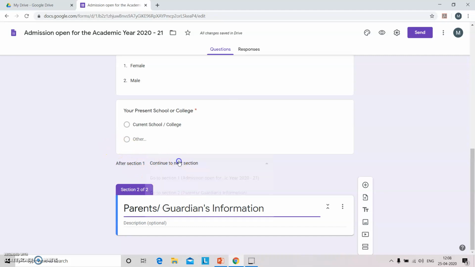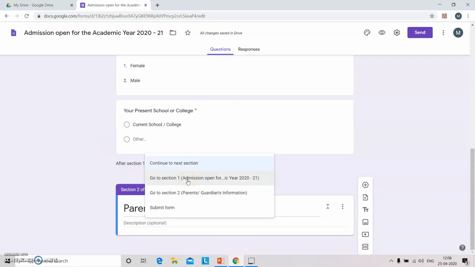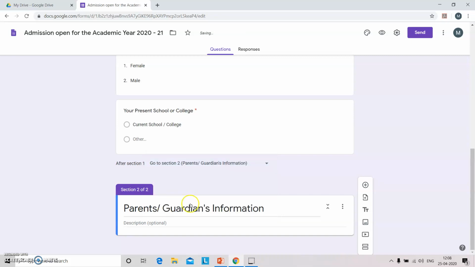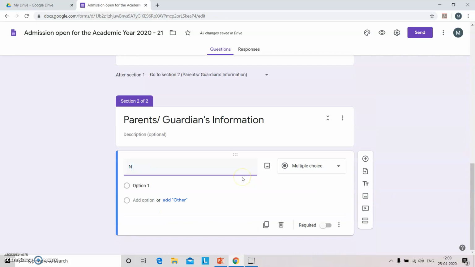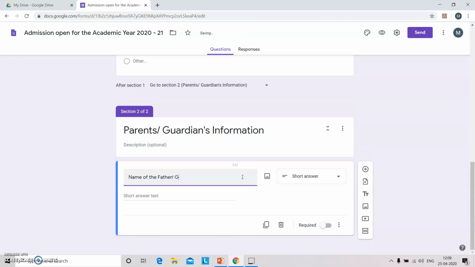After section 1, the student, you can jump to section 2, where you can add a question such as name of the father or guardian. Also, we'll make it mandatory.